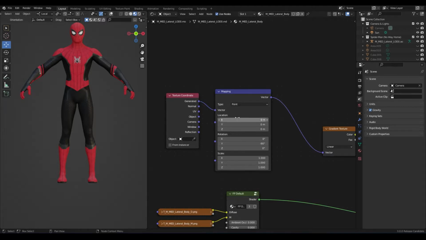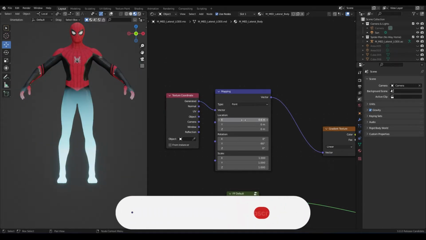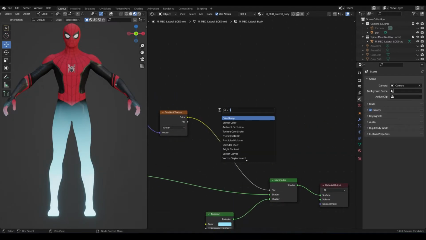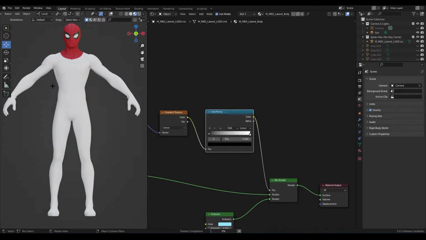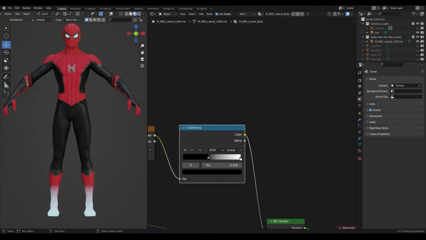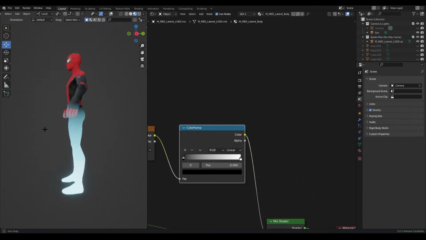But now it's not even on screen. That means we need to change the location. So there, the X location, we can bring it up. That's good. What I would do is actually press Shift A and add in a color ramp straight into here, and this we can use to manipulate our gradient texture so that you can make it lower, more harsh, or whatever. I like it a bit more smooth, so like that. That looks fine for now.